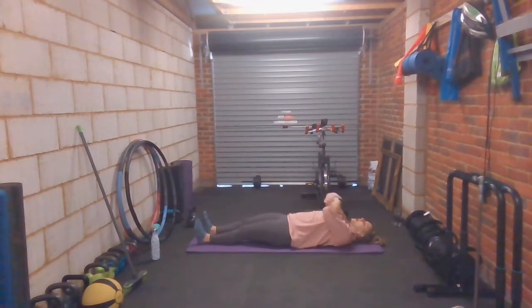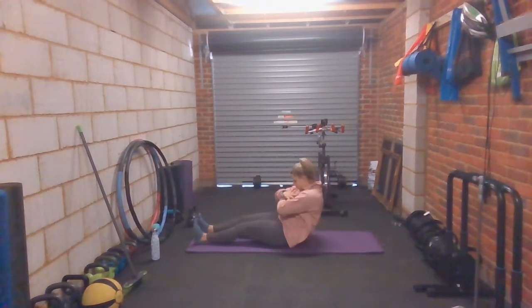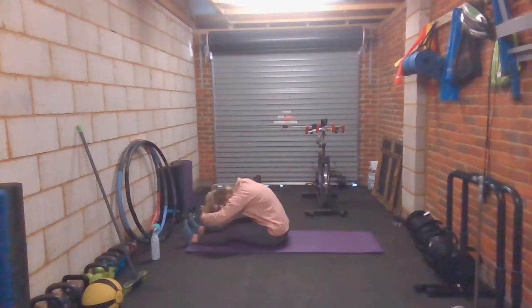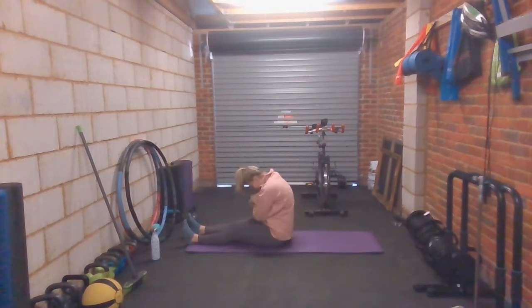We're going to try those arms across the chest. Same movement, chin to chest. Lift those shoulders to come up as far as you can go. You're at the top, stretch forwards, breathe in. Control back down